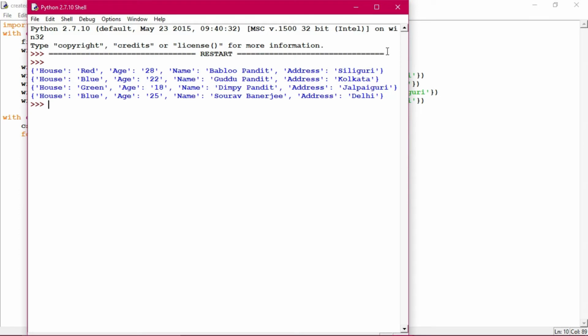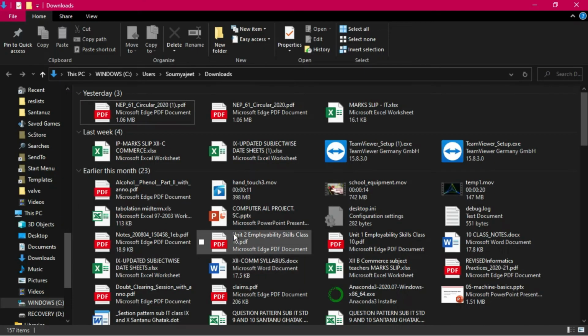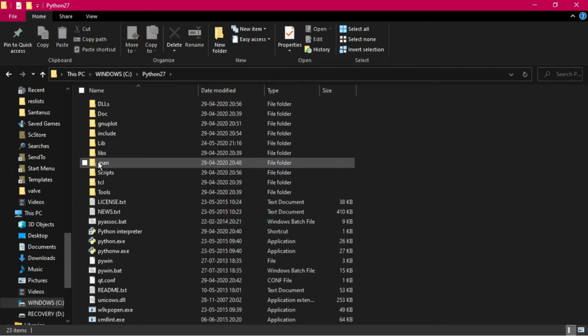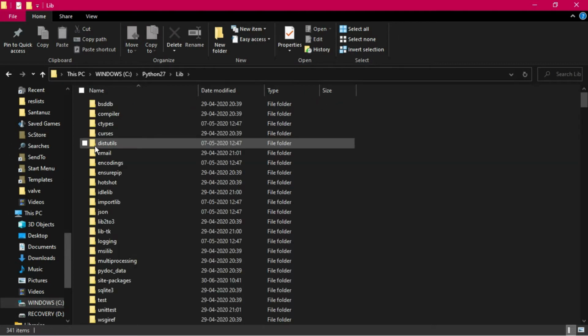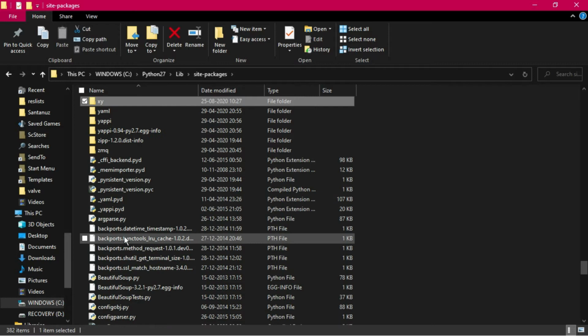So it has been printed. Fine. So I'm going to that working directory again. That one is already open for me. So now, sorry, I'm not sure, it's not open. I have to open it. Fine. Okay. So I will go to the Python 2.7. Then what is the sequence? Lib. Okay. Then I have to locate the site packages. Here is the site packages. Then I have to locate XY. Okay. This is the XY.